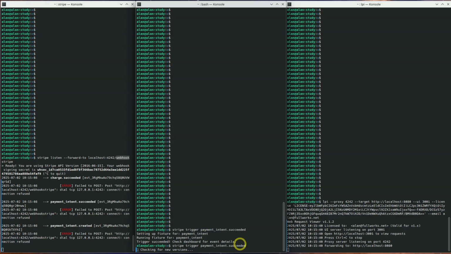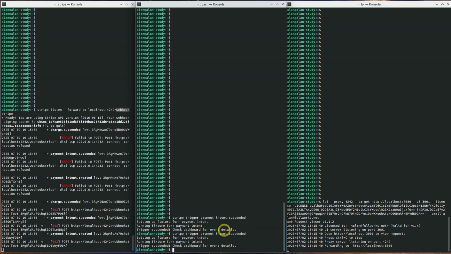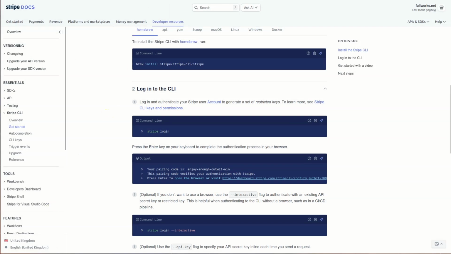Let's trigger that payment intent again, and we will see here now that Stripe is responding with a 502 message, 502, because there is actually nothing listening on the back end apart from our proxy. So our proxy is listening, but it's forwarding to 8080 and there's nothing on 8080, which is fine. If we go to